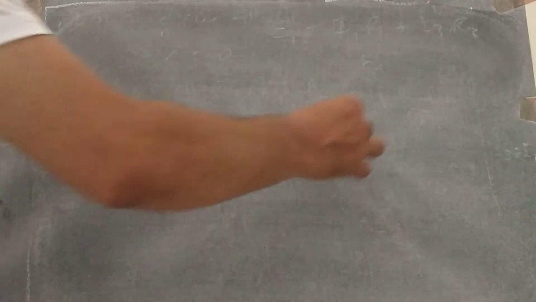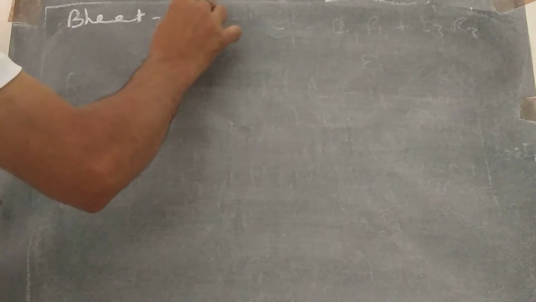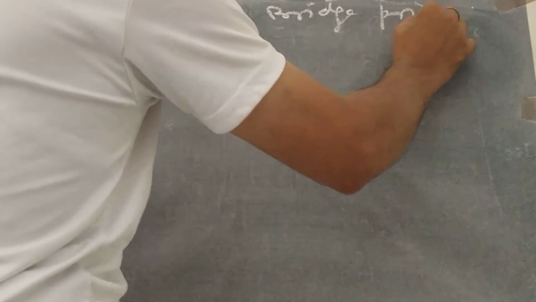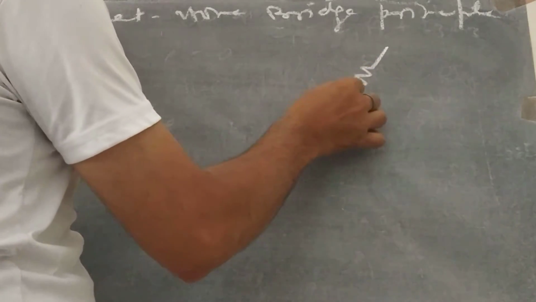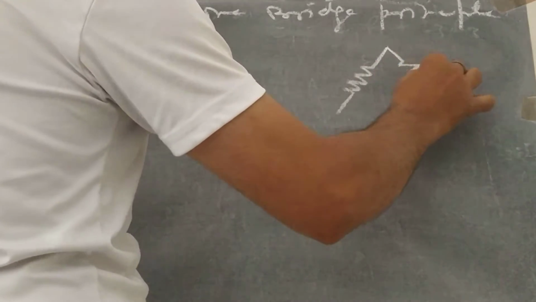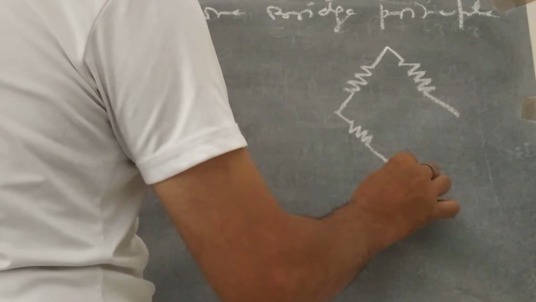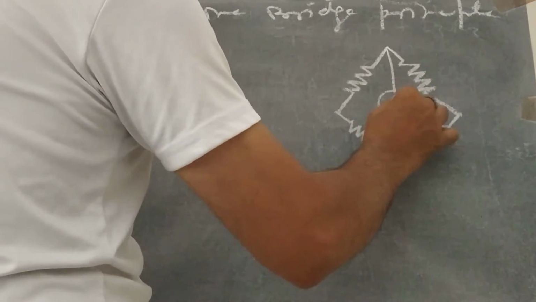And next one is the Wheatstone bridge principle. According to this principle, if four resistances are joined in the form of a bridge and connected with the help of a galvanometer,